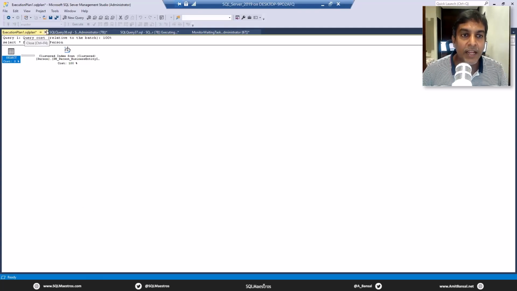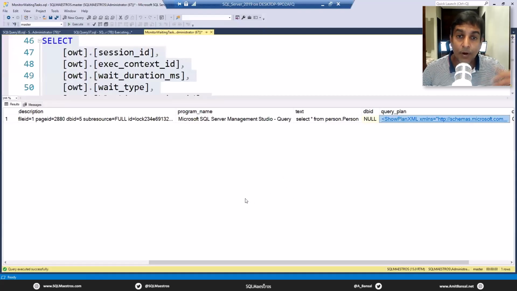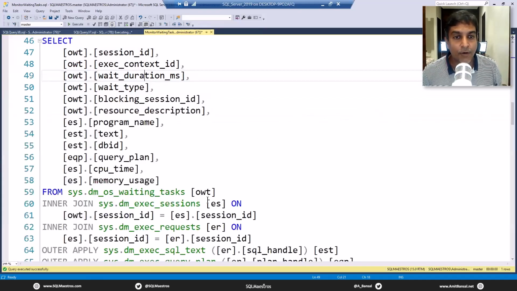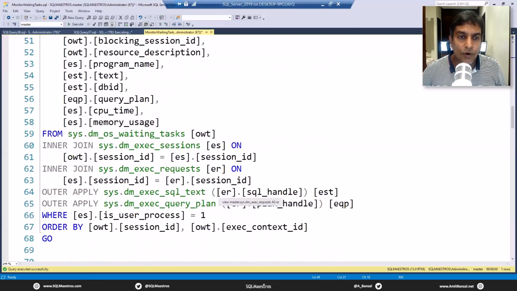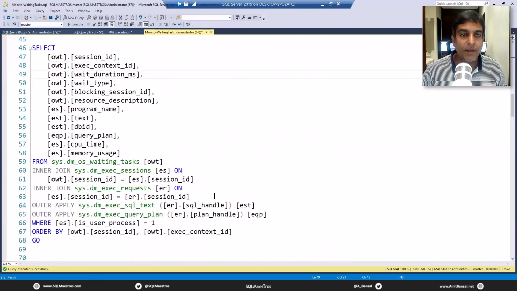Execution plan really helps in troubleshooting slow running queries and probably gives you an indication. Okay, so this was more meaningful when you're extracting the text and the query plan also. But remember, if you're really running this kind of code on your production where you have hundreds and thousands